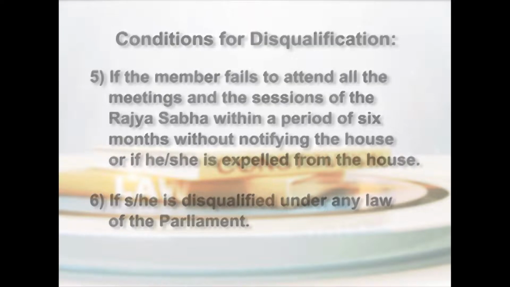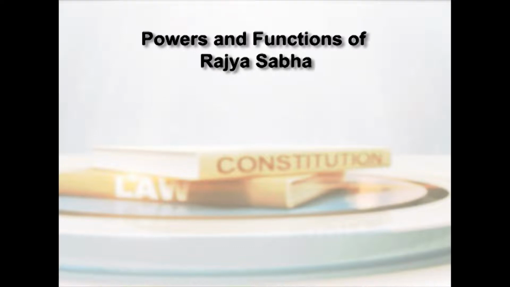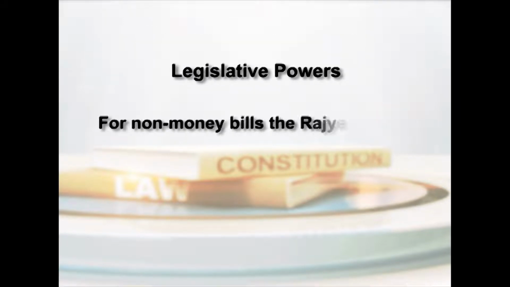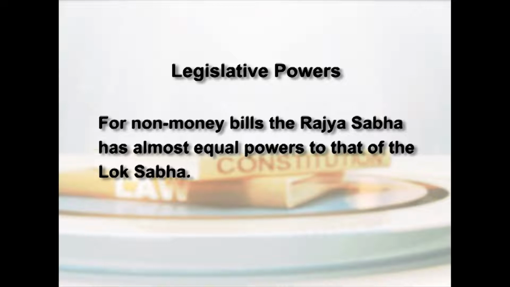Now let us discuss the powers and functions of the Rajya Sabha. First, we will be discussing the legislative power. So far as non-money bills are concerned, the Rajya Sabha has almost equal power with that of the Lok Sabha. An ordinary bill can be originated in either of the two houses and it may be passed in both the houses. But in case of disagreement between the two houses, there is a provision in the constitution that a joint session be called by the President of India, and it is presided over by the Speaker of the